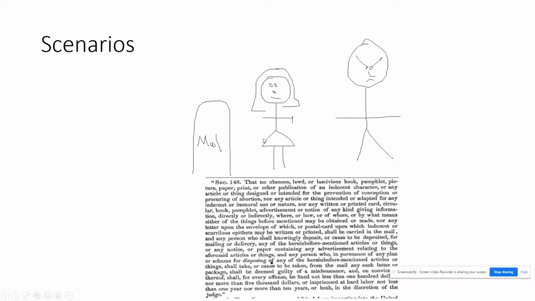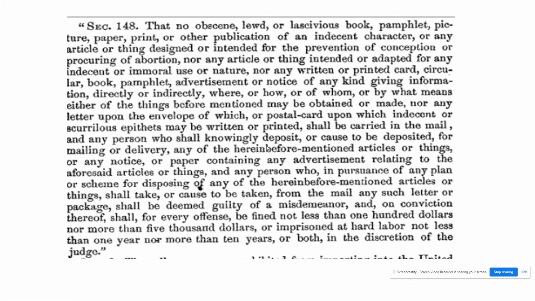This example here, she is trying to put the item in the mailbox. And if she's putting the item in the mailbox, once again, Comstock's going to come in. And remember, in the law, you cannot even use the postal service for this. Where are you going? You think you're going to put that in the mail? You're going to send it to somebody, and that person is going to be educated on how to prevent an abortion or prevent a child. You can't do that. That's in violation of the Comstock law. And she's probably going to find herself arrested. And that's it on the Comstock laws.